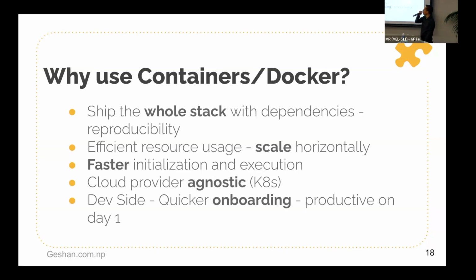The other good thing compared to VMs in the past is it is pretty resource efficient to scale up containers. Potentially, you could be running, I don't know, hundreds of containers easily on this Mac. But if I run five VMs on this Mac, probably it's going to blow up. So that's a very simple distinction: the resource utilization is done much better in containers. And that's where you can scale them horizontally across nodes or across machines much easier. And as I said, the initialization is faster compared to the older technology, basically the VMs.